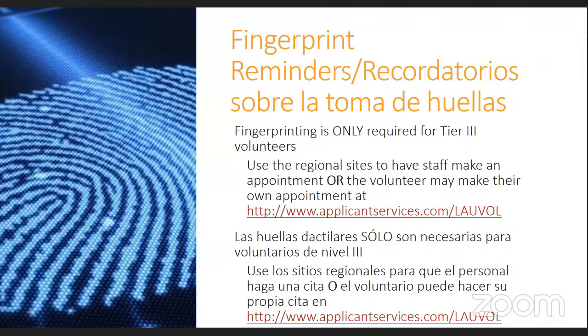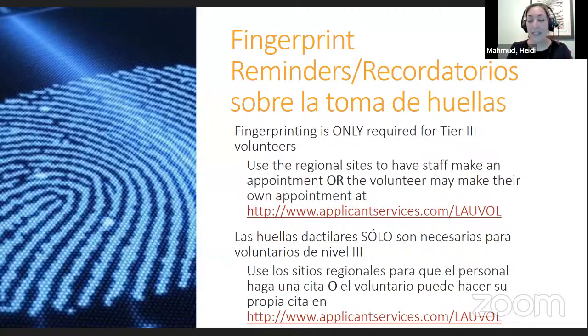So, Heidi, there's also a question about if I have 2 children at 2 different schools, do I need to make 2 different applications? I love that question. And the answer is yes. The reason is because each of those schools has a different approver. The principal at that school has to approve you for each of the sites. So the same is true if you had 3 kids at 3 different schools. You will make a new application for